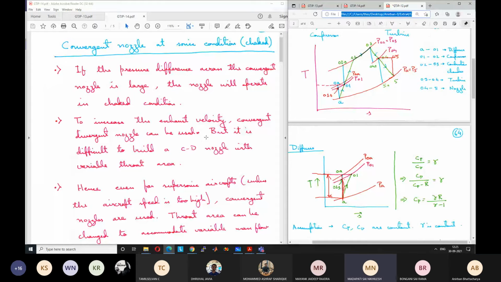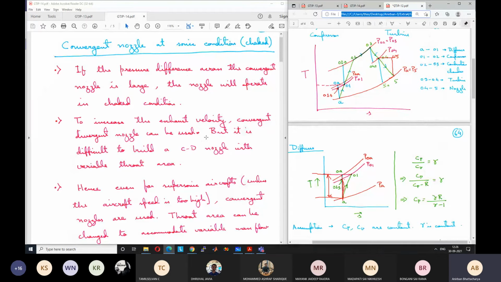Velocity of flight can be changing during the course. The velocity of the flight will change, correct, and as a result the mass flow rate of air will change, because you don't have control over the mass flow rate, right? So mass flow rate of air depends on the intake area and the velocity. Intake velocity is equal to the velocity of the aircraft. So because the mass flow rate can change, but at choked condition the choked velocity is fixed.